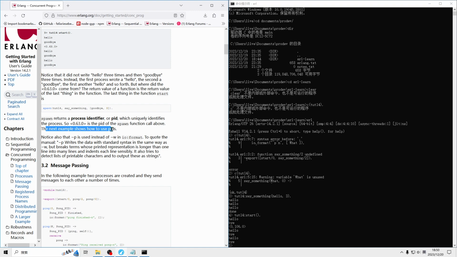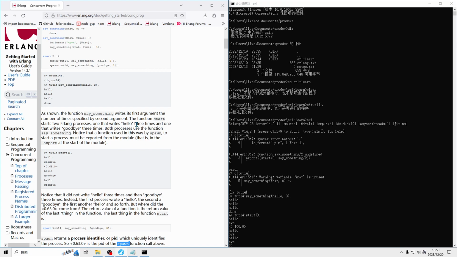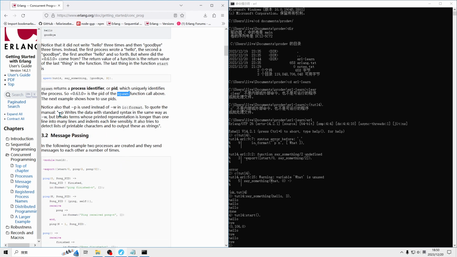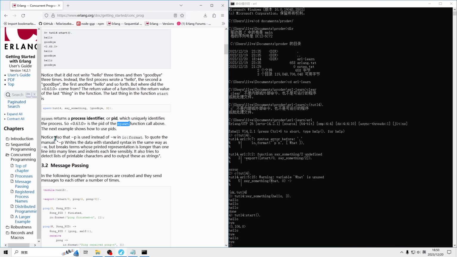The next example shows how to use PIDs. 那后面这个为什么没有显示 PID？Notice also 这个波浪线 P is used instead of 波浪线 W in io:format to quote the manner。